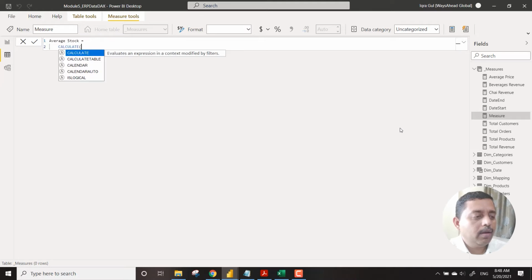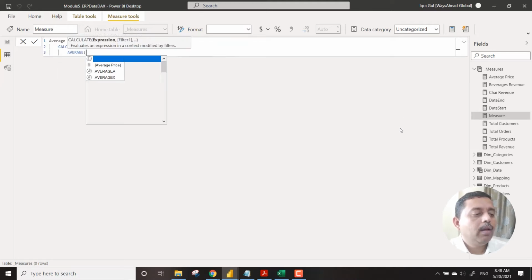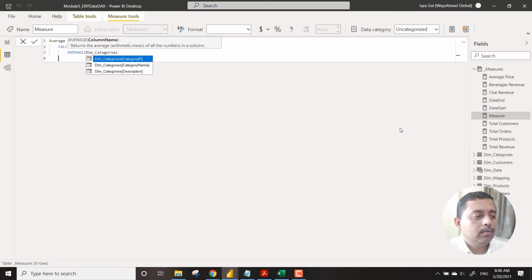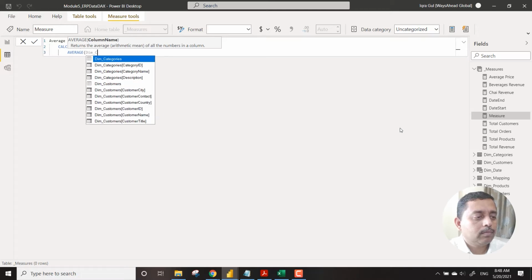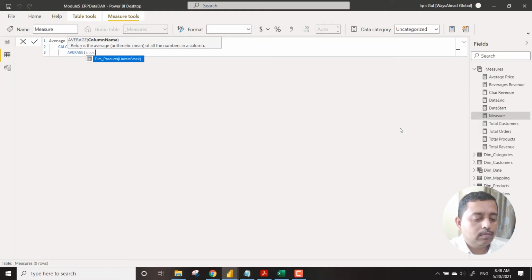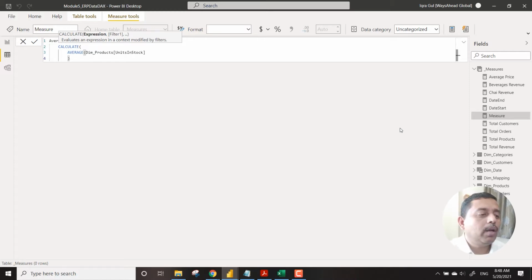Then here we use calculate, and units in stock. So we simply calculate average units in stock.